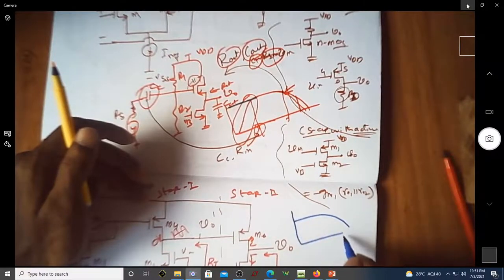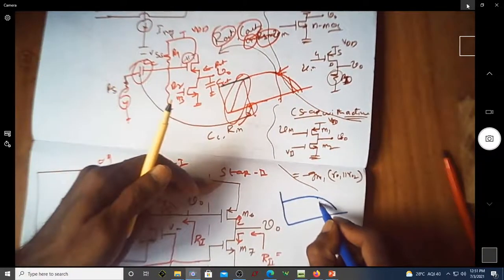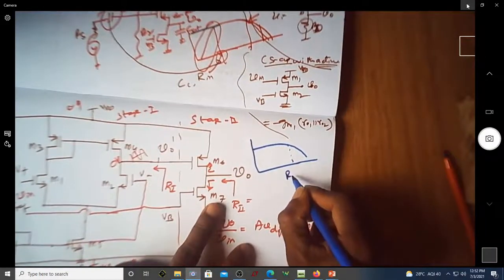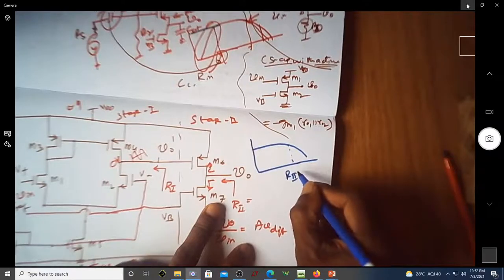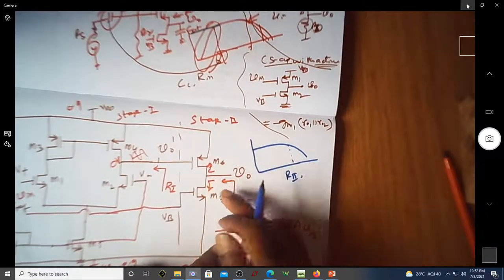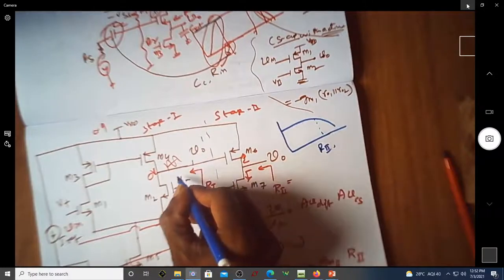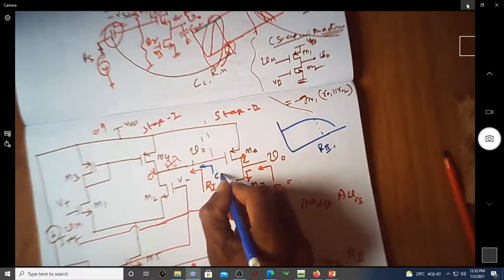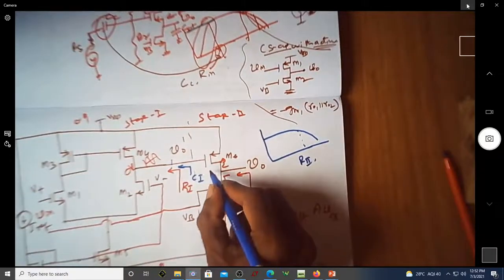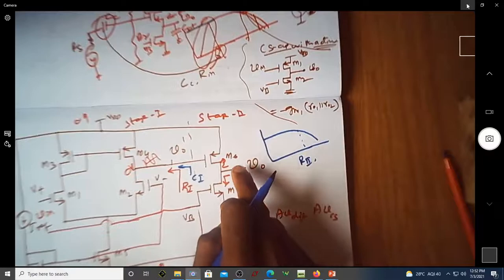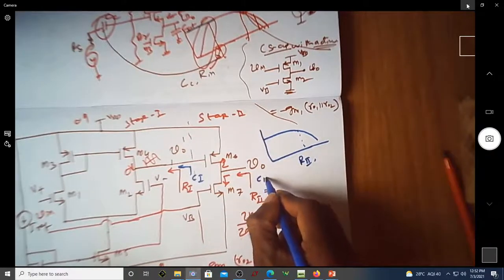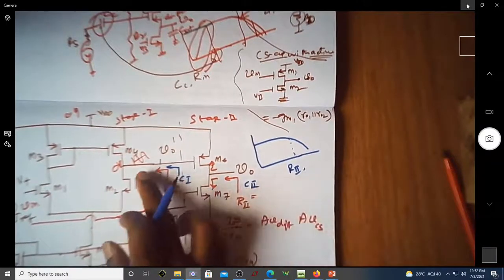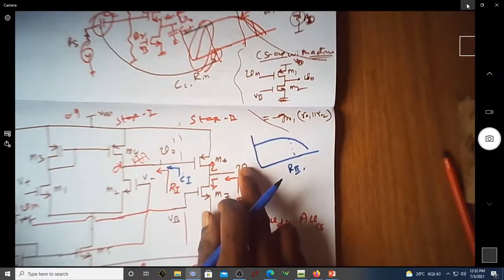It's going to have a frequency response something like this, and its cutoff frequency is there because of this R2 and the output capacitance at this point. So let us say there is a parasitic capacitance of stage 1, let us say C1, and there is an output capacitance of this second stage, let us say C2. So we have two capacitances. One is due to stage 1, the other is due to stage 2.